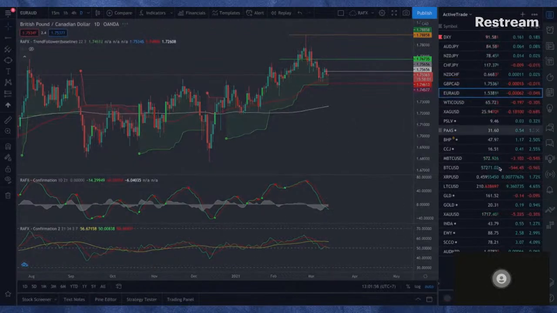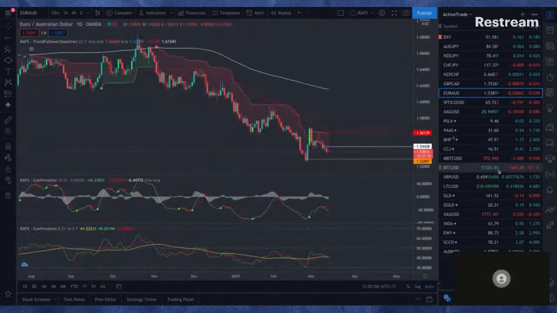So next is Euro AUD. In Euro AUD, let's see. The two trends that I have are still intact, and I am still in profit for this position because I am short and the price is below my entry price. So again, the next thing to decide is, do I need to exit or not? Obviously I should stay on the trade,